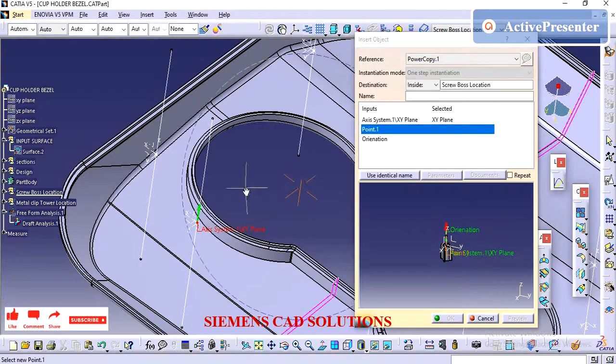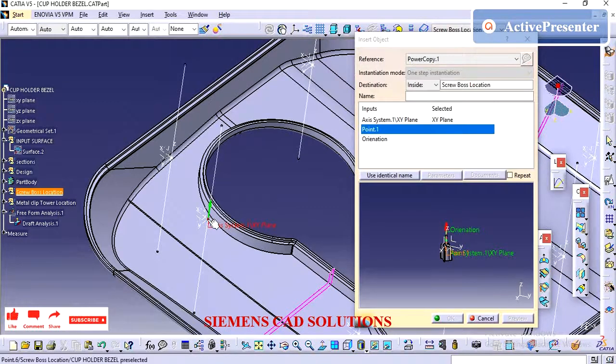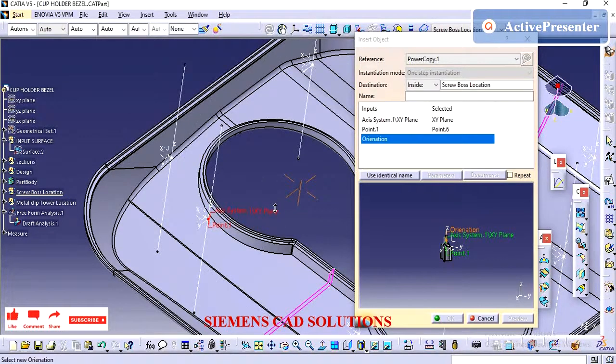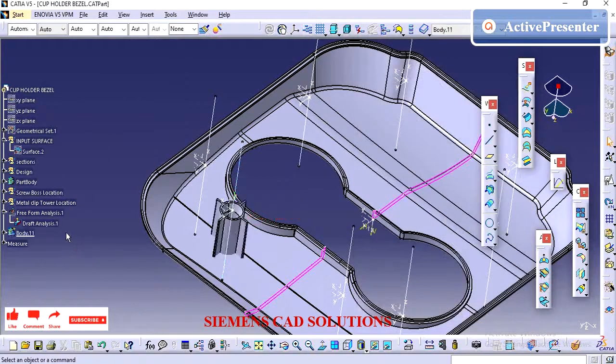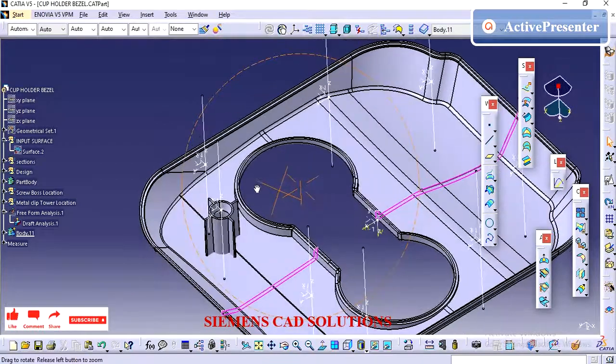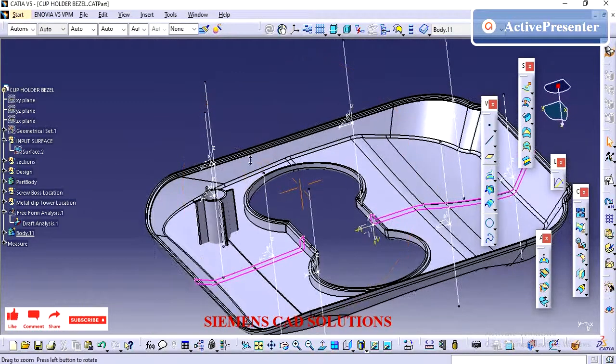We need to follow the same inputs. So our feature was created here.